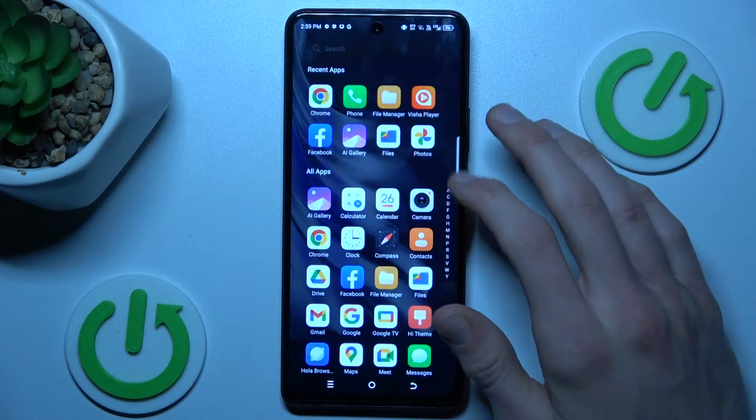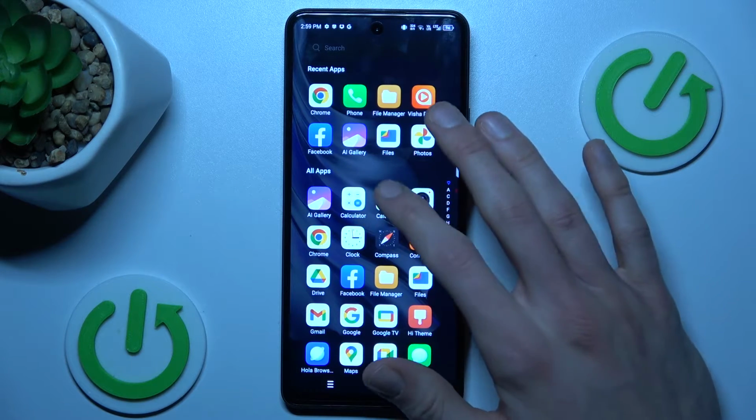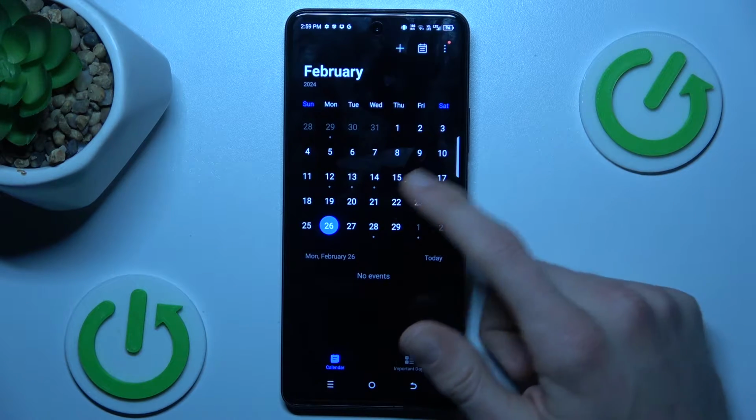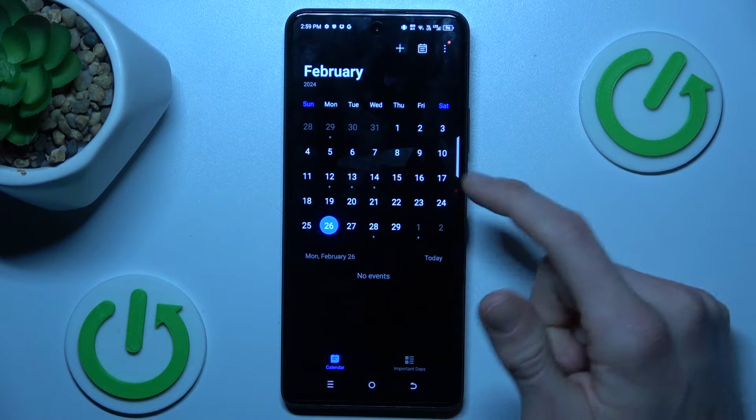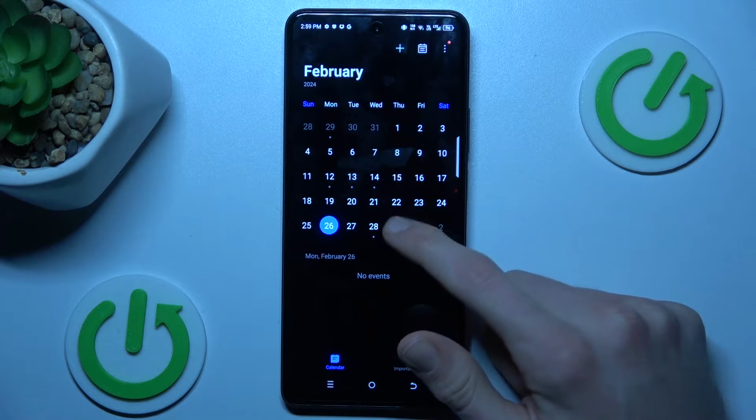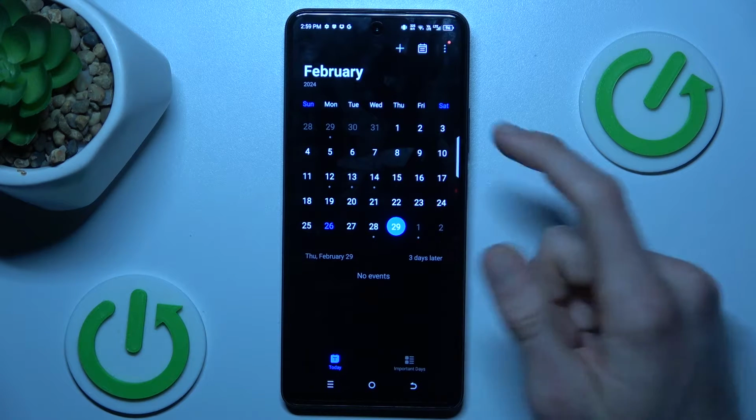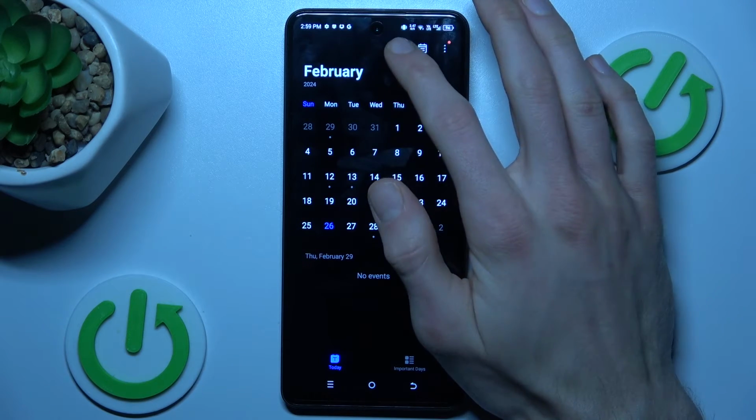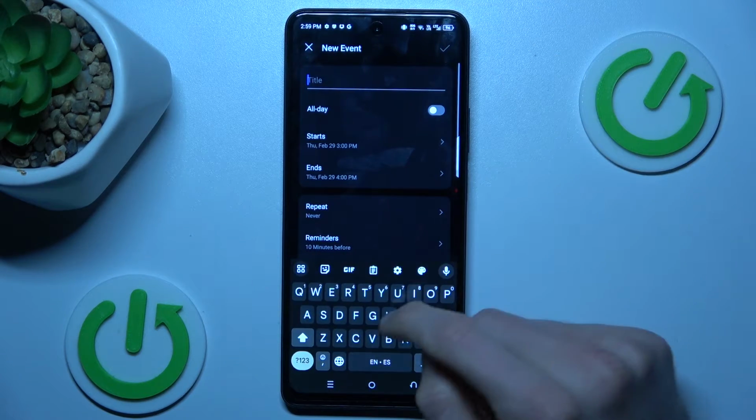Firstly, swipe up the screen and find the calendar application. Tap on it, and there we have all the days when we can add our event. Maybe we tap on the 29th of February, and after that we press this plus icon, and there we can add